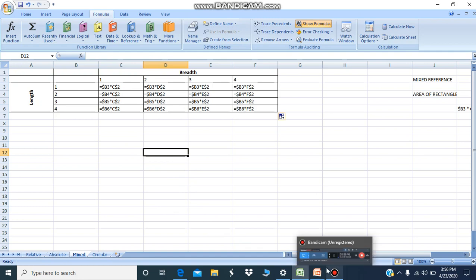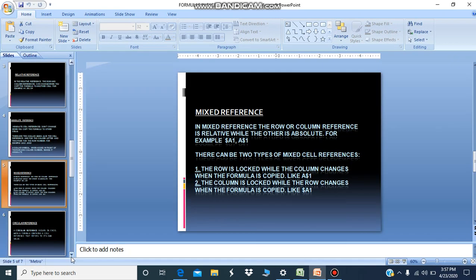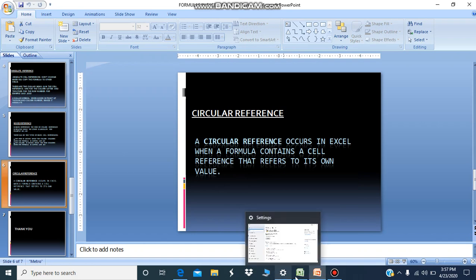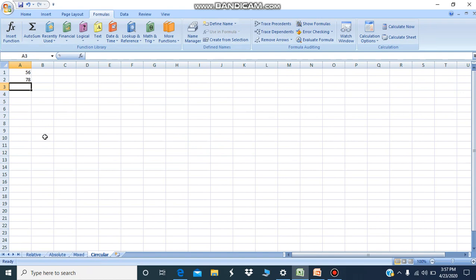Other than these three types of references, there is a reference which we call circular reference. A circular reference occurs in Excel when a formula contains a cell reference that refers to its own value, means to say that formula has referred to its own value. You can see there are two values in cell A1, A2.